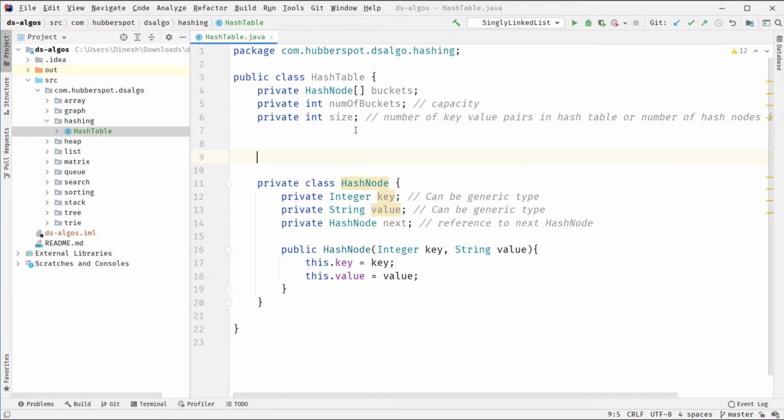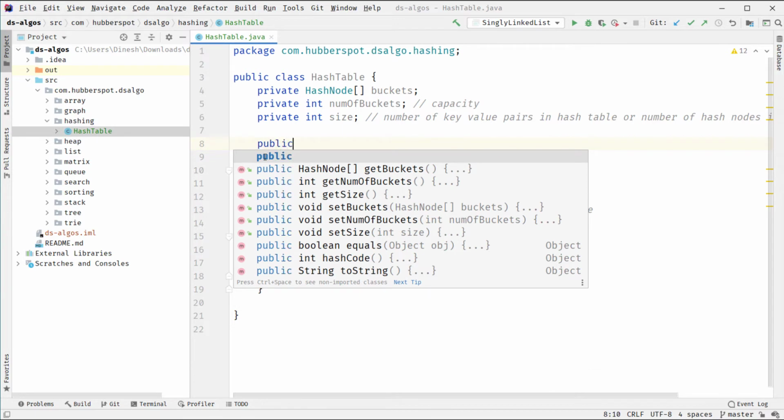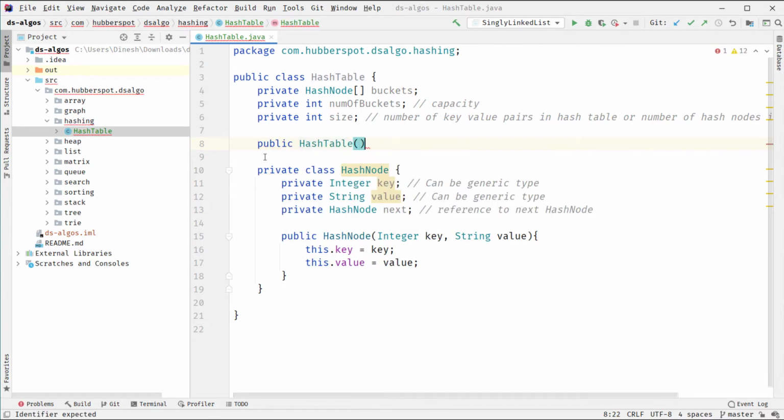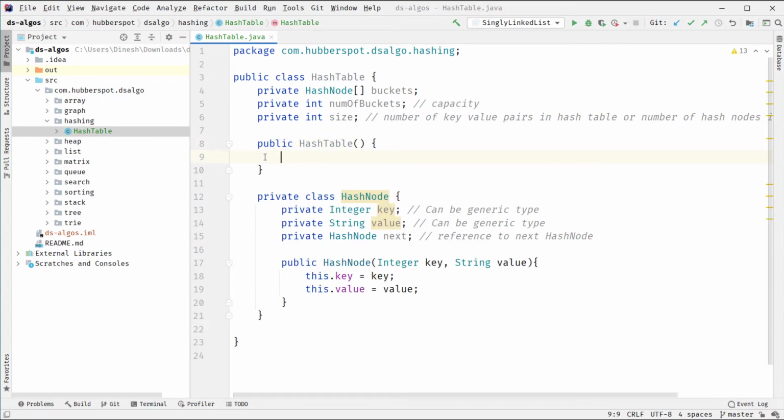And here we will provide a constructor to our hash table class. So when we create an instance of hash table, it will simply call the parameterized constructor providing a default capacity.